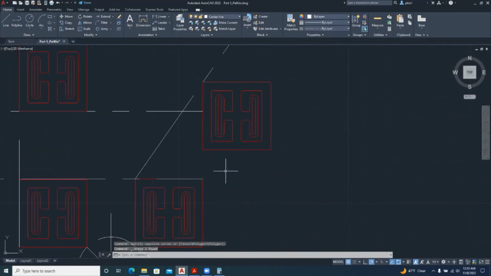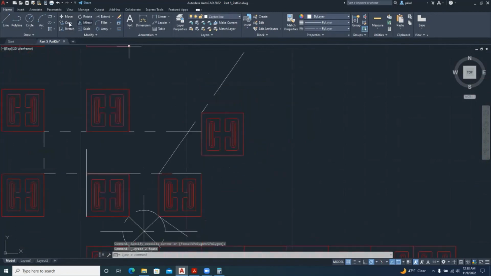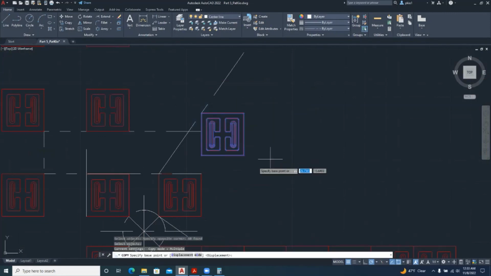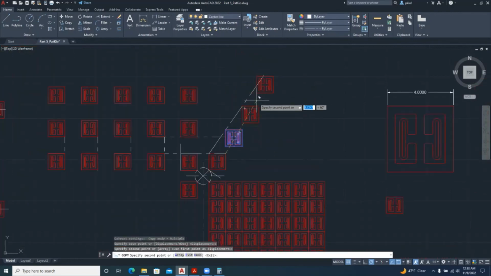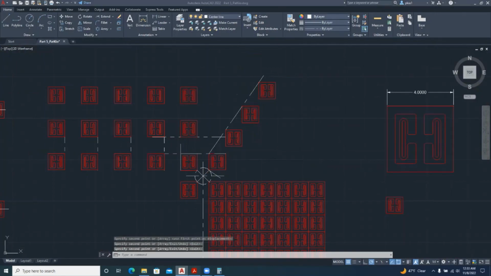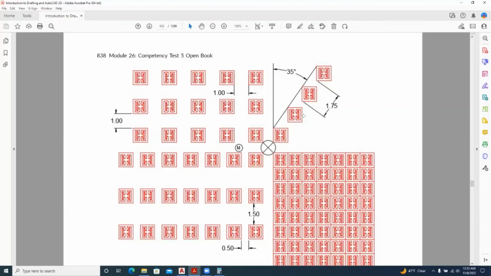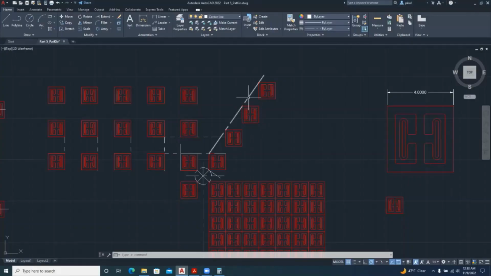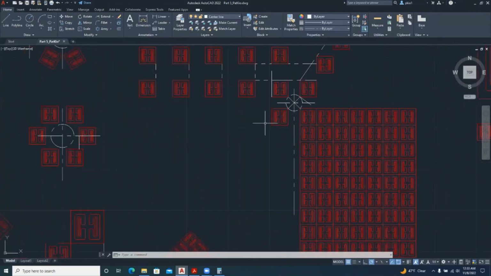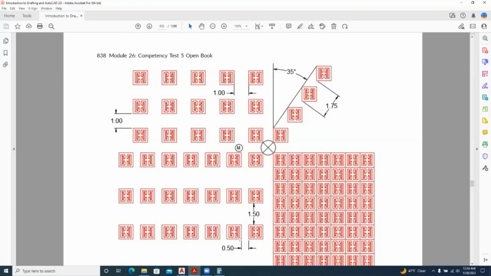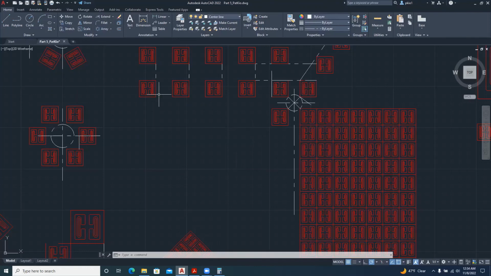I have my first one, so I can delete those guidelines and then copy. So copy this, and we're going to be picking it from this point, dropping it at that point, and dropping it at that point. So we have three more boxes, so total of 4 right there. And so we would want to do the ones that are in this space. So we have the offset distance of 0.5 and 1.5. So let's get that by this direction,